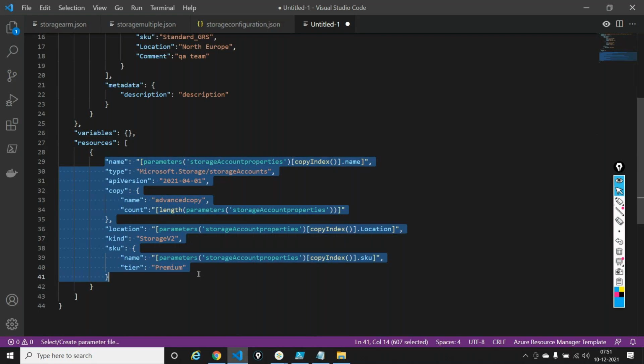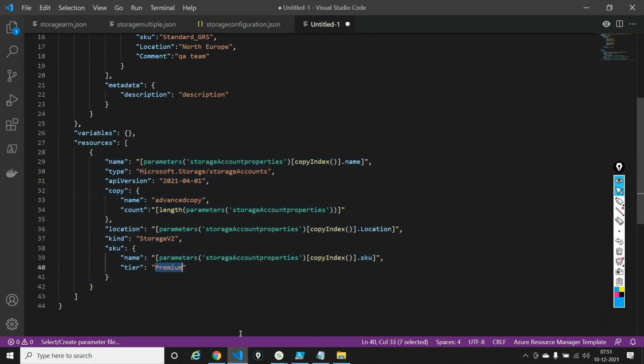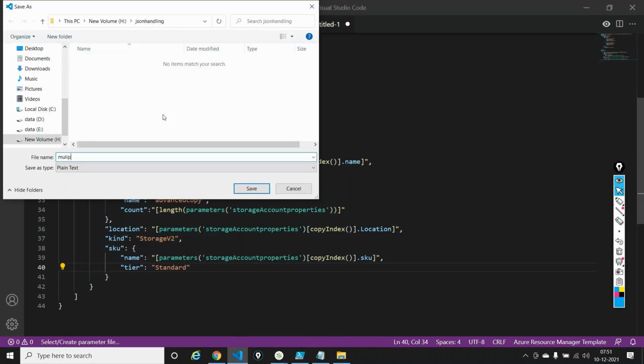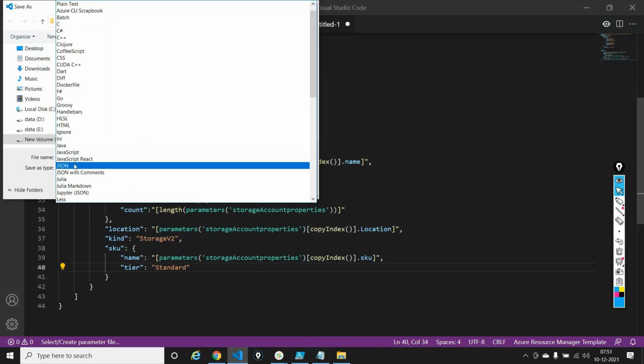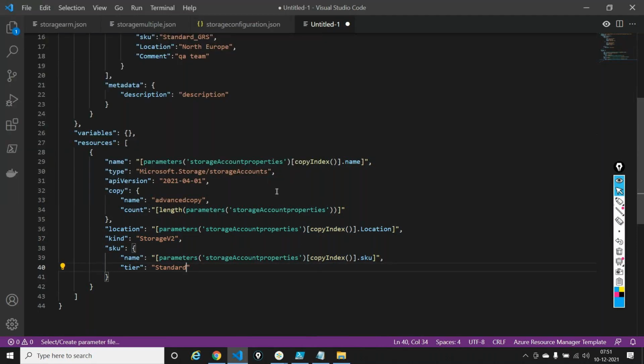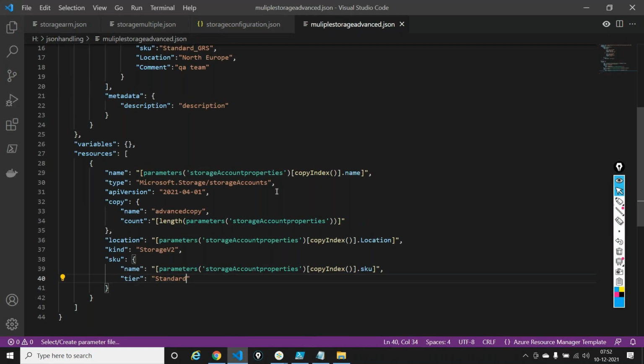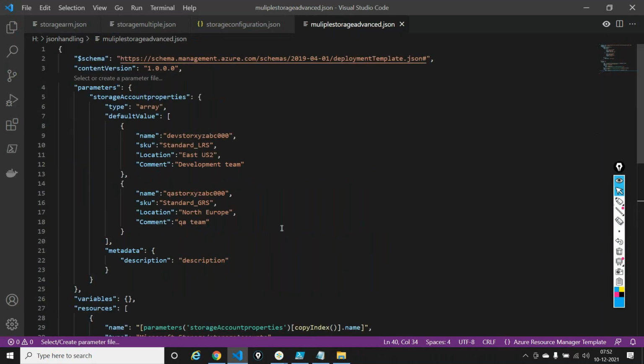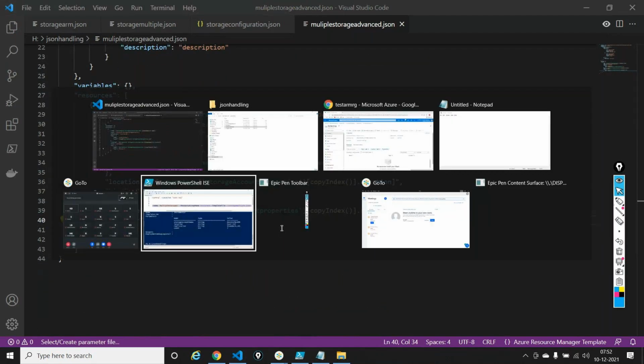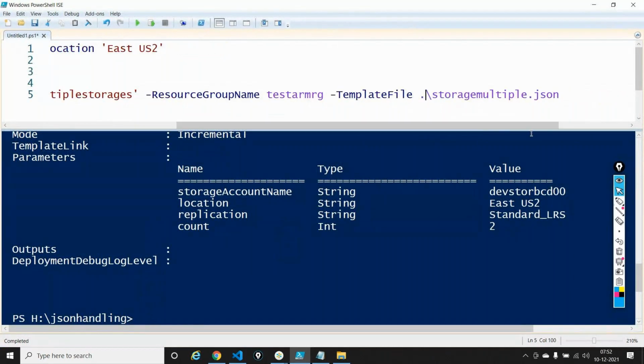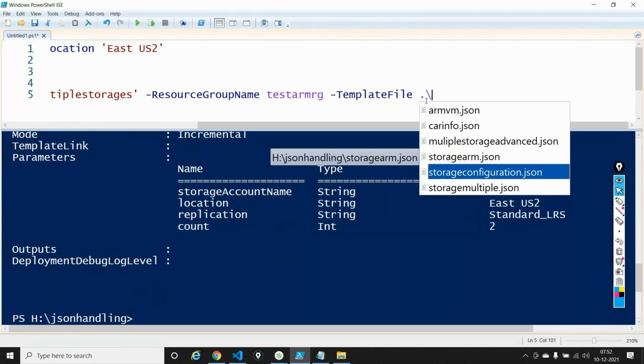Okay, got it. So finally, I'll say the tier is standard here because I don't want to create a premium. I'll say standard, I'll save, and I'll name this multiple storages advanced.json. Right now, what I'll do is use this template, and I won't create a resource, but I'll see what-if. I'll apply a parameter called what-if here, multiple advanced.json